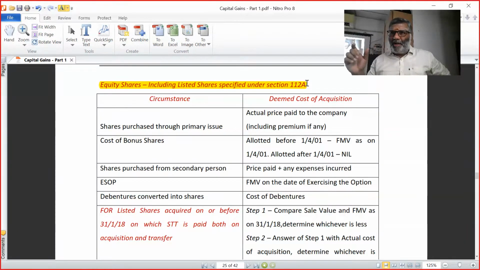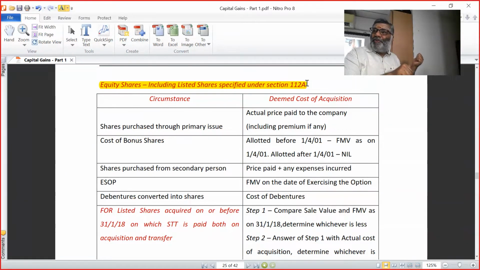At a concessional rate of 10%. We'll come to that. This is then on 1/2/2018 and the taxation arises from 1/4/2018. If you make a scheme like this, the next 2 months will be erratic in transaction. People will increase the cost of acquisition in such a manner that later they only get a loss on something like that. So the finance minister said, for all shares, listed shares purchased till yesterday,